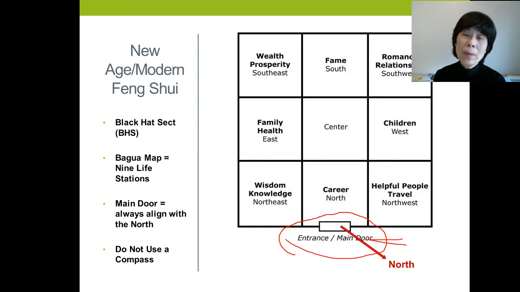It is not popular in Oriental countries where most of the practitioners rely on the compass for their Feng Shui practice. So again, this is the modern Feng Shui, and this is the chart of a Bagua Map with the 9 life stations. And the other thing to remember is they have actually eliminated the use of the compass, because they usually align the main door with the north. Okay,